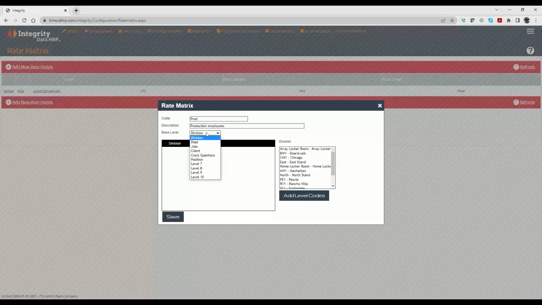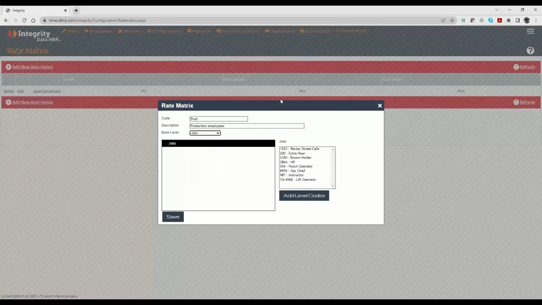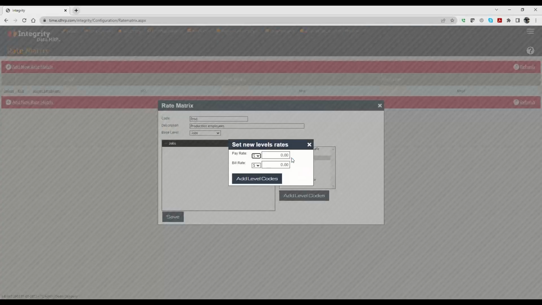And the level at which I want to set up my rate matrix is going to be by job. So we'll do broom holder, and I just double click that. And we got pay rate and bill rate. Pay rate is what you want the employee to receive as their rate for doing this job. Bill rate would be